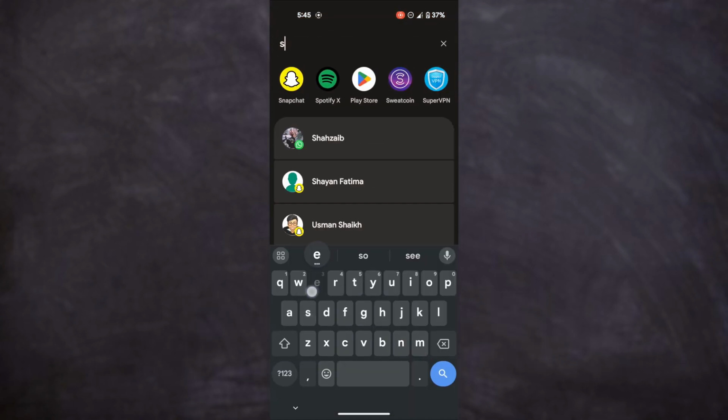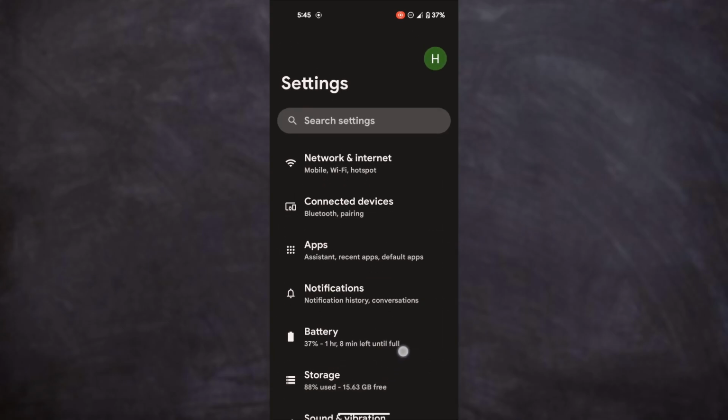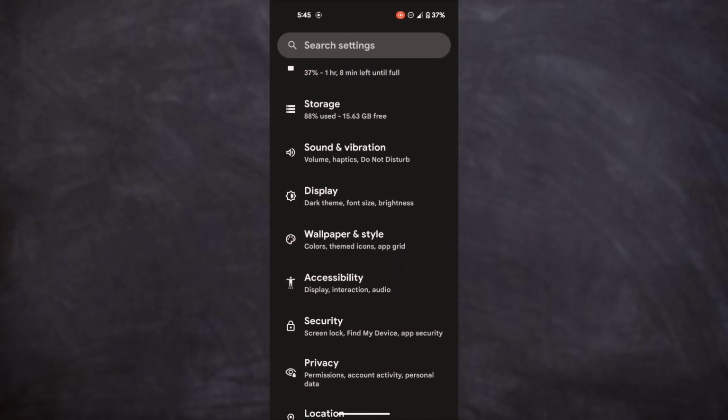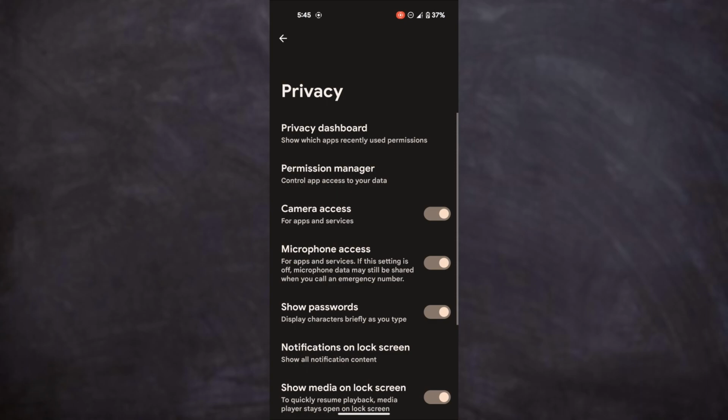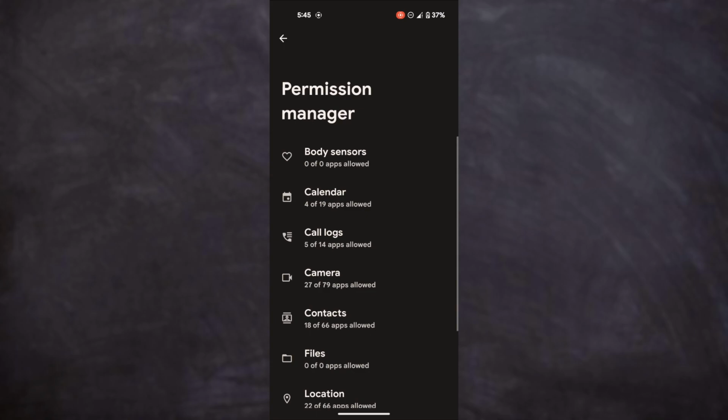First of all, open the Settings app on your mobile device and scroll down towards the bottom. Now select the Privacy tab from here and you can see there are various features present. In order to allow storage permission, open the Permissions Manager from this page and all of the permission categories will